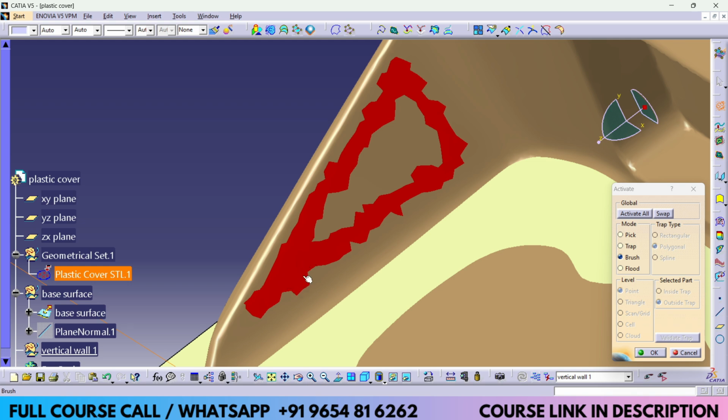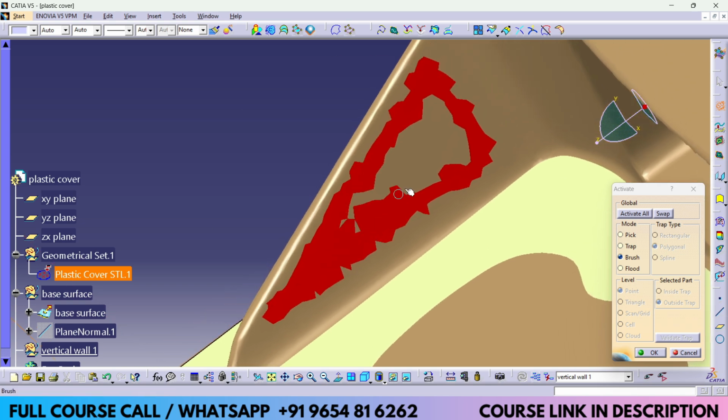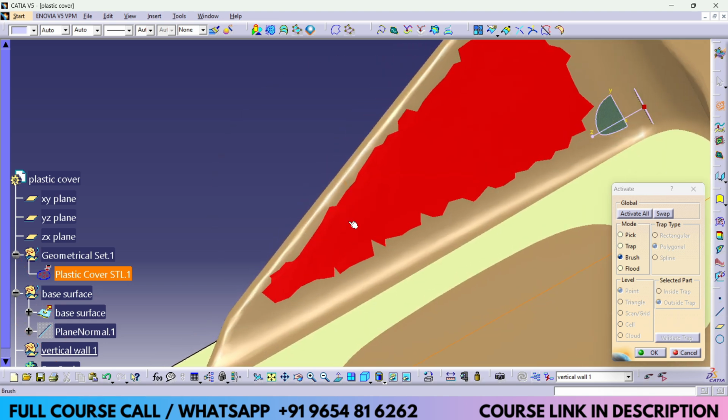So actually this is not complicated. The reverse engineering domain itself is easy. Because we need not worry about the manufacturing feasibility of the component, we need to consider, but this part is already manufactured. So we are doing it in the reverse way, that is from the existing part to the CAD data.